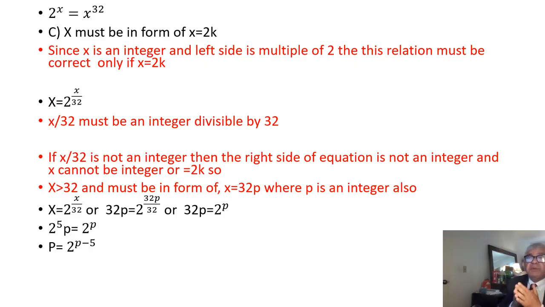So as you can see, this problem is not a classical problem. You have to solve this by logic. That's why I said if you can solve this problem, probably you're as smart as Einstein or even smarter than Einstein. So finally, my p must be equal to 2 to the power of p minus 5, where p must be